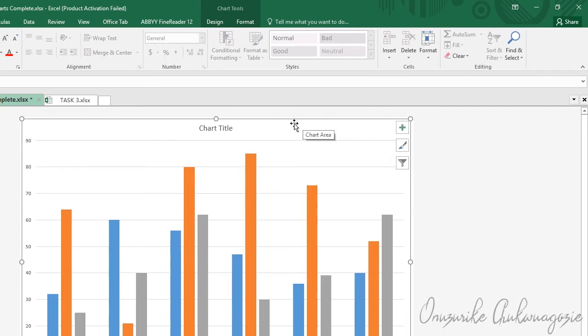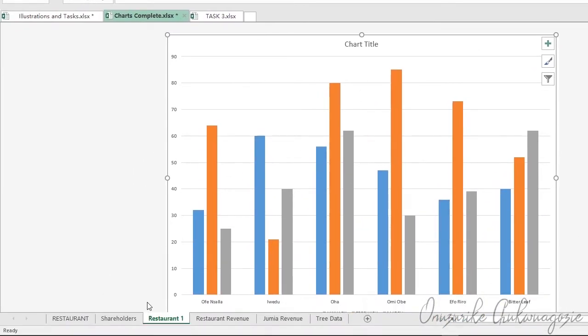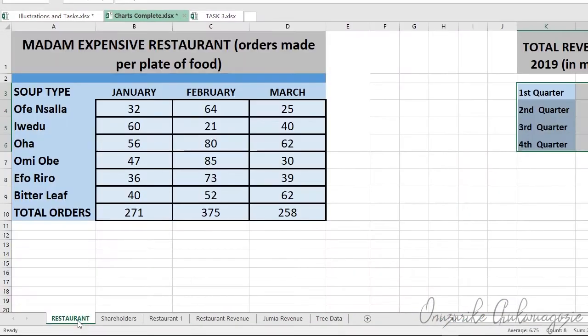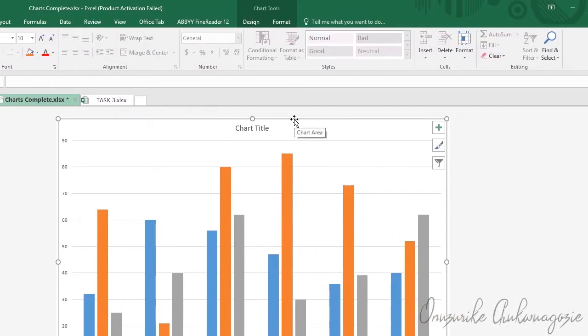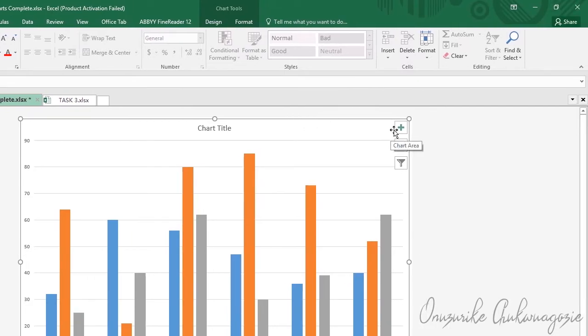Okay, so we have the chart for the restaurant. Okay, Madam Expensive Restaurant. So we can actually format this chart to our taste. Whatever you want to do, all the options are available for you. You see this little icon here, chart elements. You see this one, chart styles. All right, they'll come a whole lot